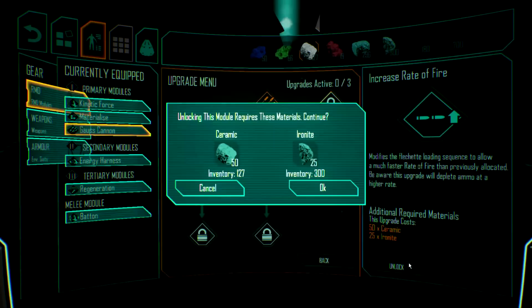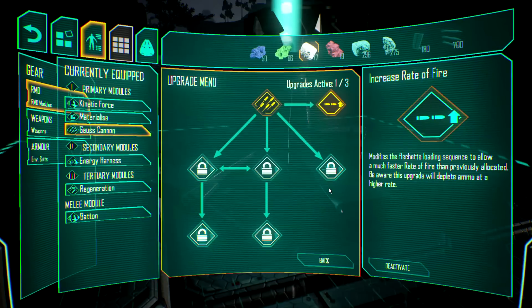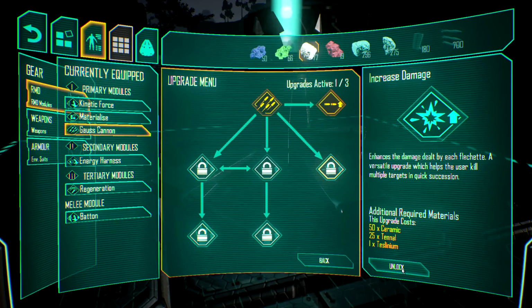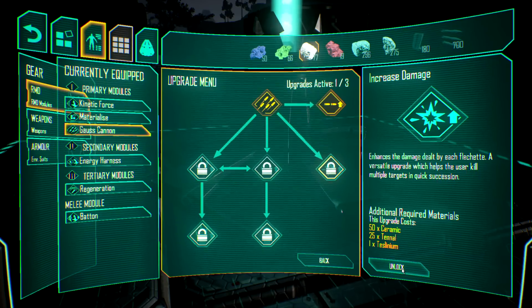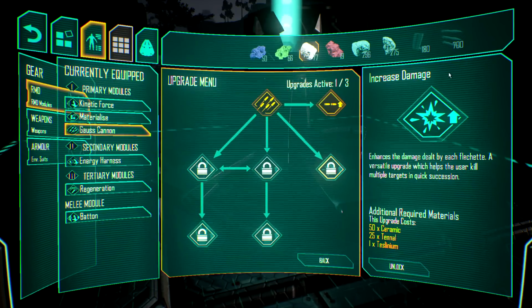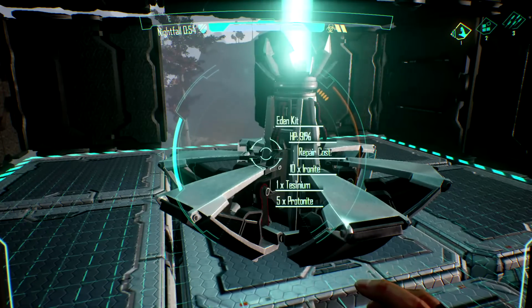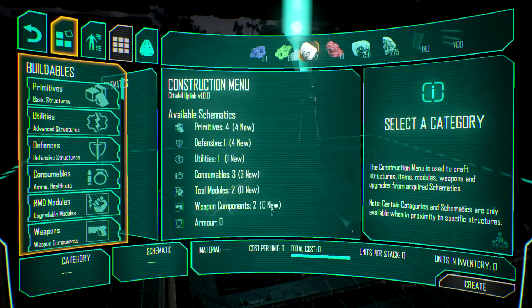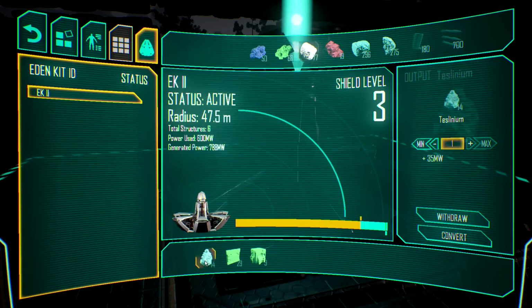I like this one here to increase the rate of fire. Okay. And increase the damage dealt. Ceramic, Tennel. I was going to say I can't do it because not enough materials. We need a Teslinium. Oops. Eden kit, Teslinium,